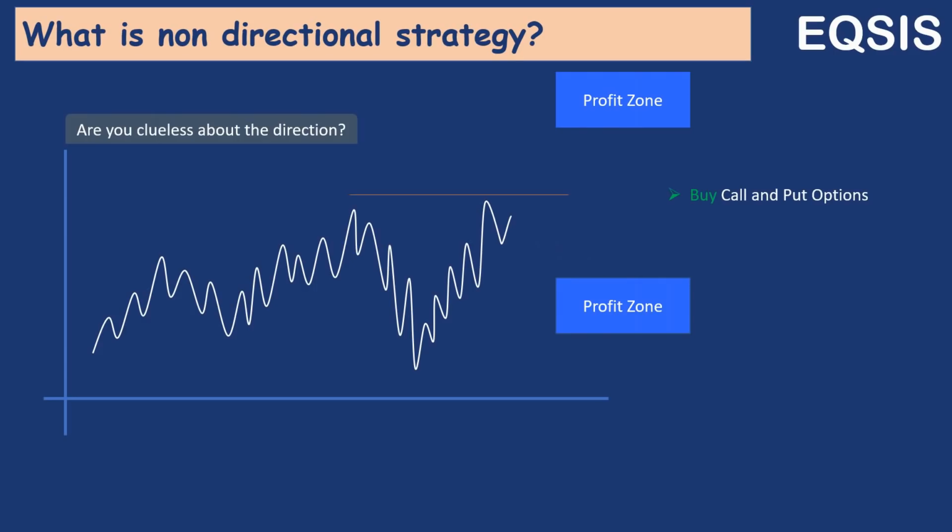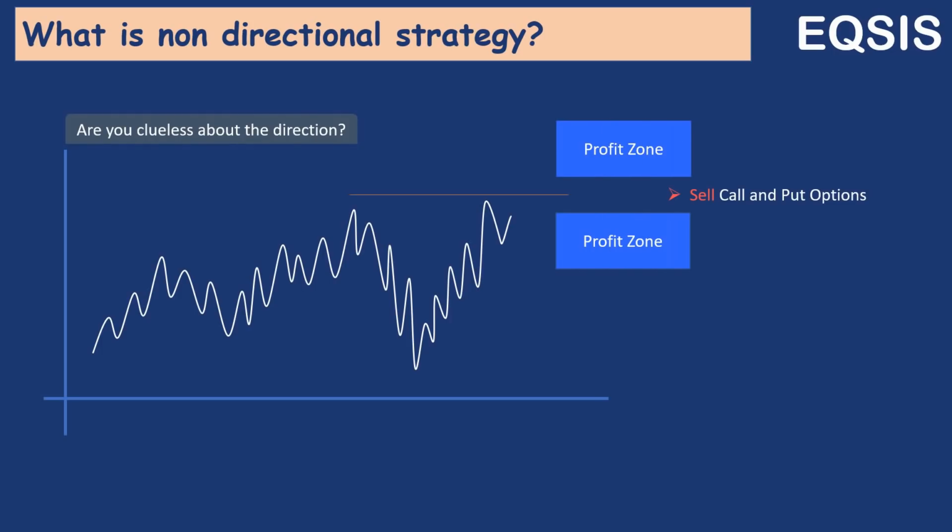Instead of creating a long position in both call and put, even if you create short positions in call and put, you still make money in both directions. So this is also non-directional. But in this case, you expect the volatility to be low. You expect the volatility to dry up over a period of time so that you make money. If a market exhibits unusual volatility, or if a market takes a one-sided direction, then you feel bad because there is